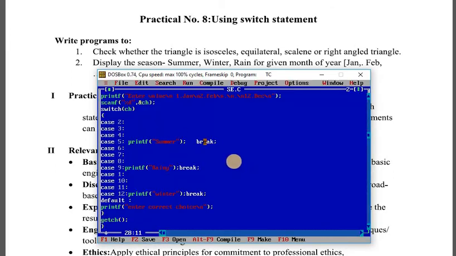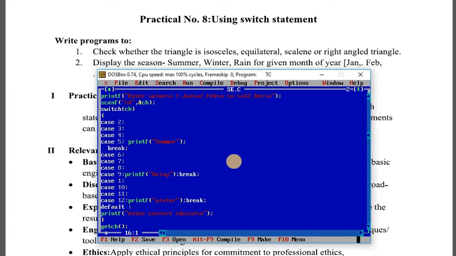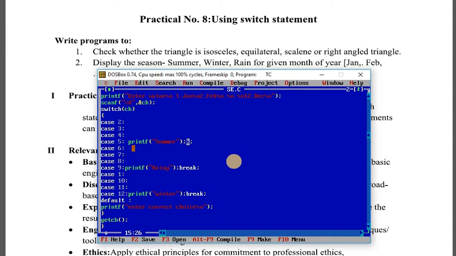So what will happen if I forget to write the break statement? See here, if I give the number, suppose 3, it will display summer and again rainy also.